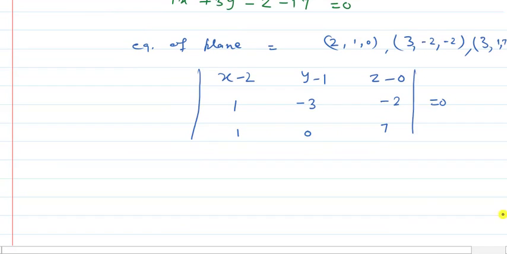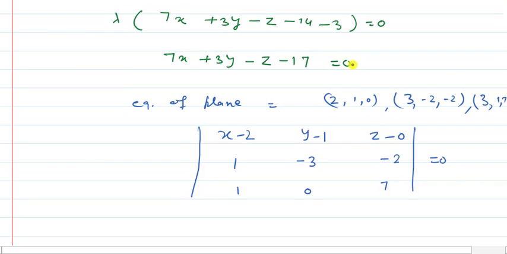So if you simplify this determinant, then simply the same equation you will obtain. So you may use either this method or this method. If you are going with this method, then you have to keep this formula in mind. That is the determinant method to find out the equation of plane when 3 passing points are given to us. Otherwise, this method is also very comfortable, and this method we are going to use in the rest of the questions that I am going to discuss in this video.